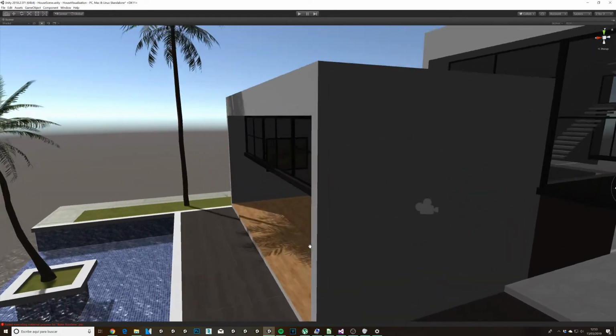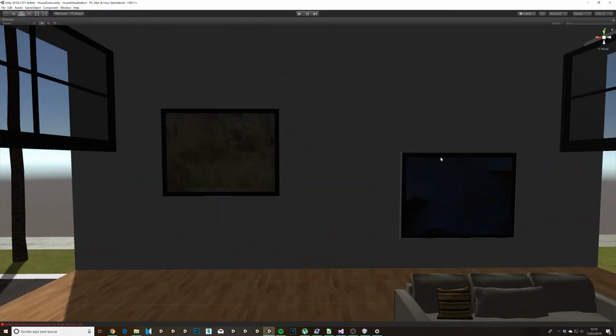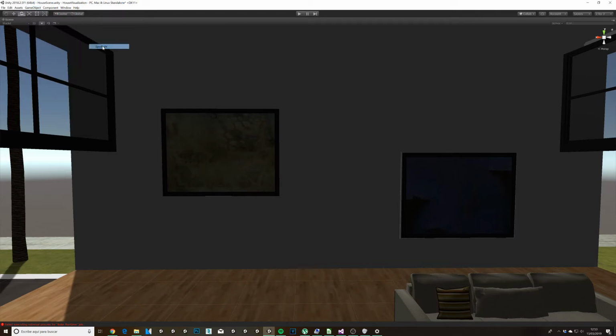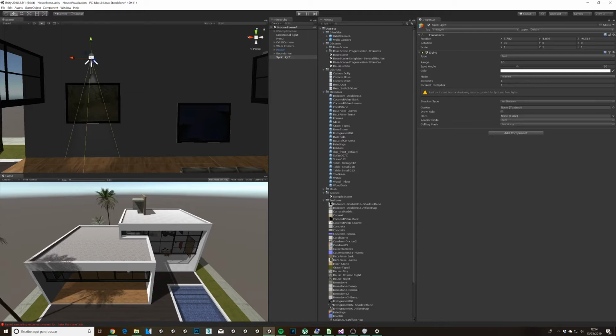For instance, let's say that we want to illuminate these drawings, these pictures here. We can create a new light. Let's create, for instance, a spotlight. You see this spotlight here. We can move it around so we can use it to illuminate the drawing. And we can change the angle so it lights more. As a matter of fact, I'm going to set up a higher spot angle for this light,